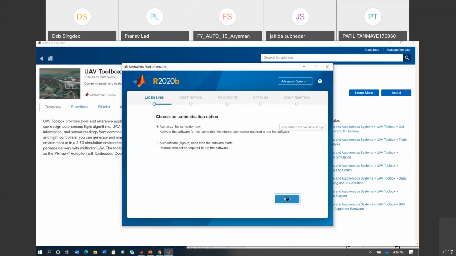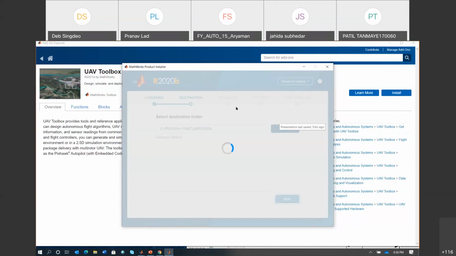So you just need to authorize the particular computer. You need to specify where it is going to get installed. And then in the product section, it automatically selects certain products. So there I can come and deselect and I can use the exact products that I need. Okay, so these are the steps that you need to actually install MATLAB at your end. So does this address the question, or do you have any other question with respect to installation?